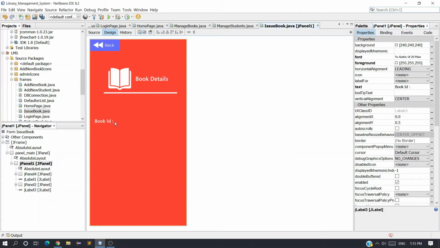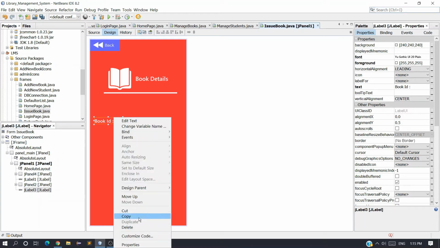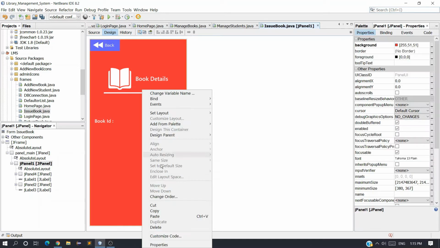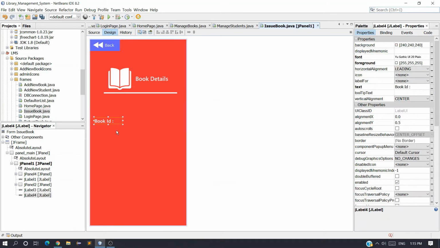Okay, and similarly copy this, Control C, and let me tell you how to copy. Right click, copy, and then just click the mouse anywhere, click here and just paste, and just remove from here, and book name.